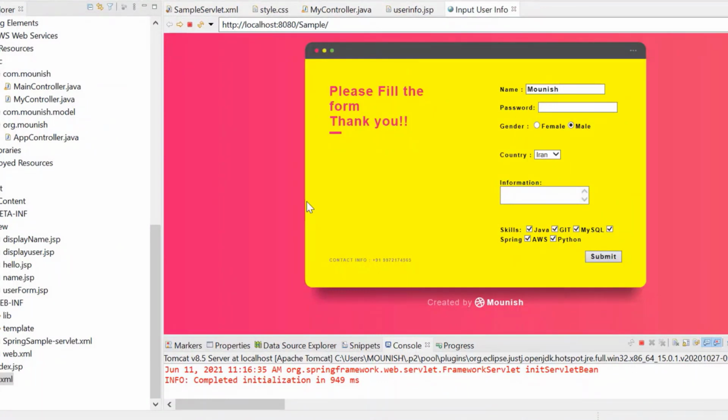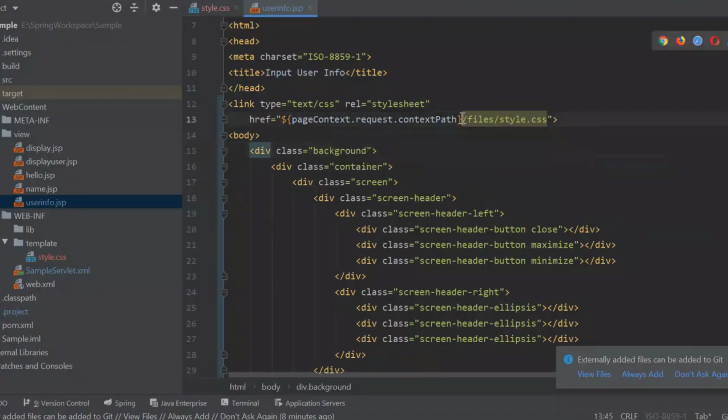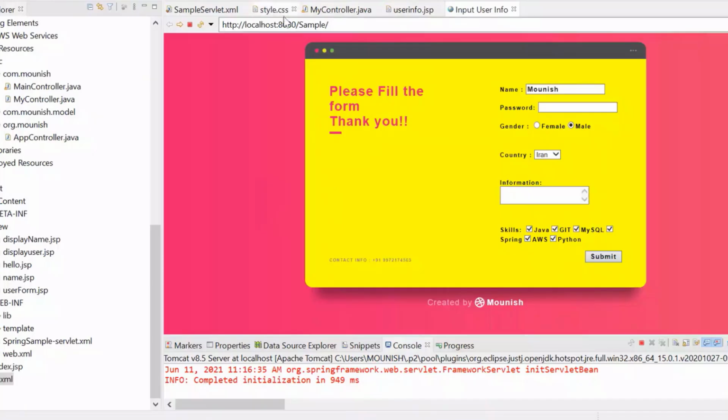To access those things, we are adding our Spring context. Okay. So whichever location this is, I am adding this context path so that even if this changes, it may be anything, but if this has this particular thing, then this line will get executed.